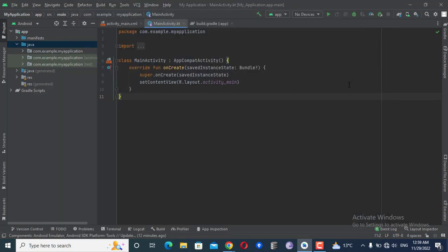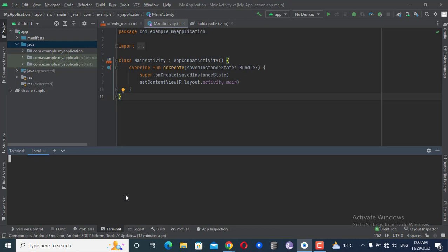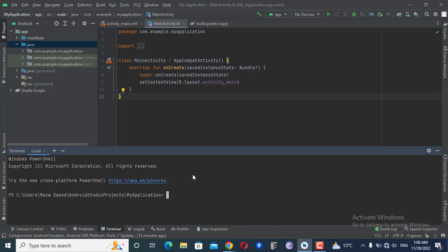The second possible solution is to run the adb commands. If you don't know how to run the adb commands, you can watch my previous video in which I explained in detail how to run the adb commands. There are two adb commands that you will have to run in your terminal. The first one is adb kill